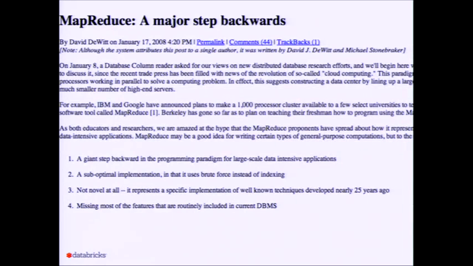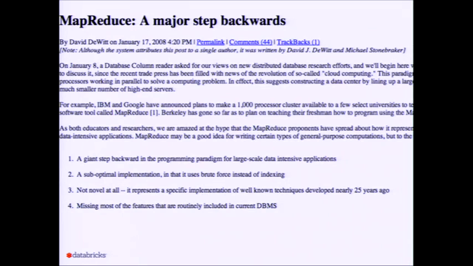So that brings me to a little bit of history. I don't know how much you guys learn about history in here. There are these two guys, David DeWitt and Michael Stonebraker. They are two of the most well-known database researchers. Michael Stonebraker was a professor at Berkeley before the 2000s. He essentially started the Postgres project at Berkeley, along with many other things. He just won the Turing Award this year, actually. David DeWitt is a guy from Wisconsin who has also done a lot of the foundational work in parallel database systems. So back in 2008, they jointly wrote a blog post, which you can no longer find,